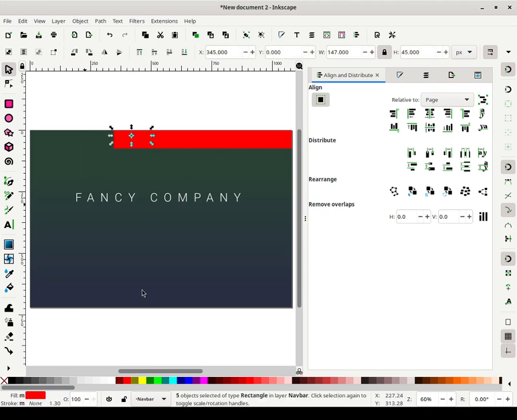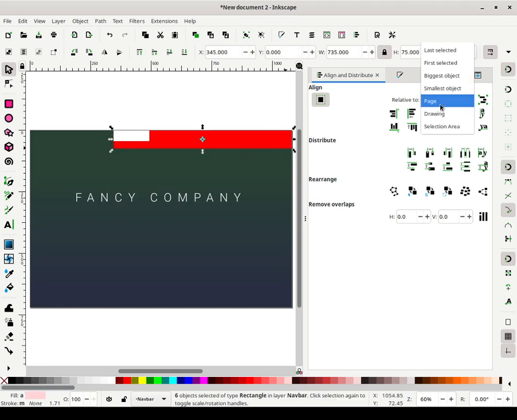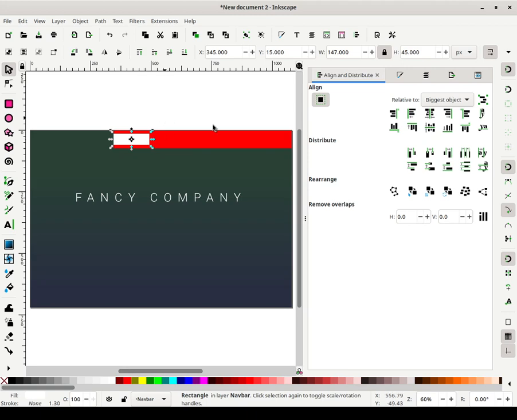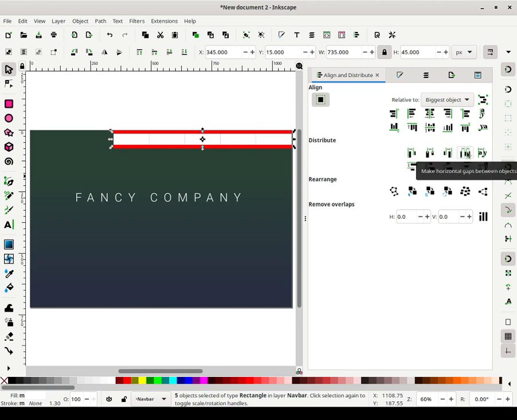Alright, so let me just select all these, make them white so you can actually see them. Align them to the center of this object. Select the one on the top and put it to this corner over here. And then now we're going to select all of these and make the horizontal gaps between the objects equal, sorry.